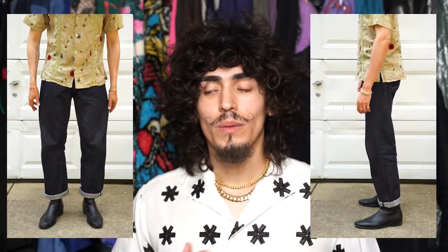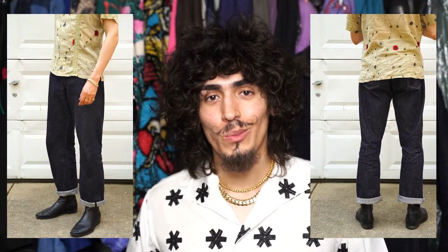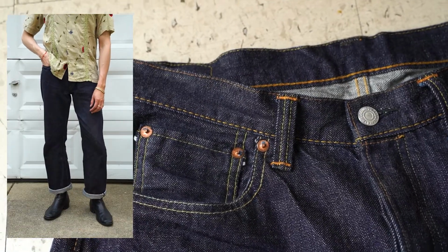And today I finally got my hands on one of the Osaka 5, which sometimes can be a little hard to get in the United States due to the limited quantities that are available. And I was so lucky because I actually got these jeans from Blue and Green and they sold out almost immediately once I copped. I finally got my hands on the Full Count 0105 wide leg 13.75 ounce denim that's